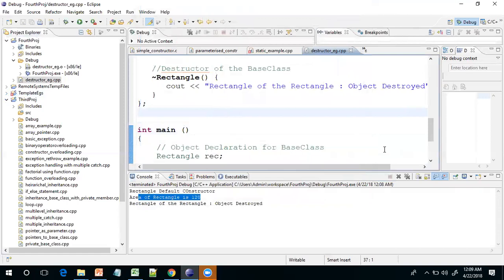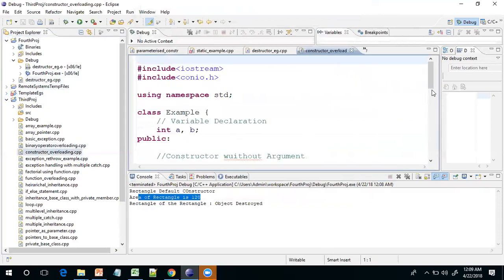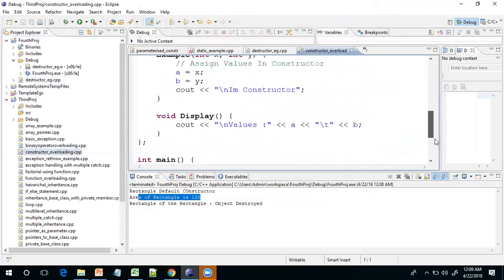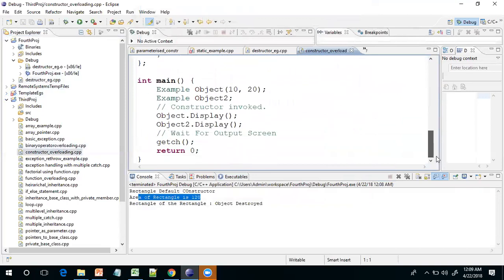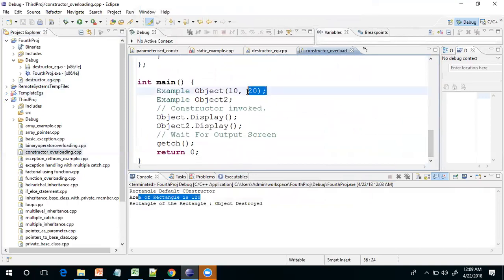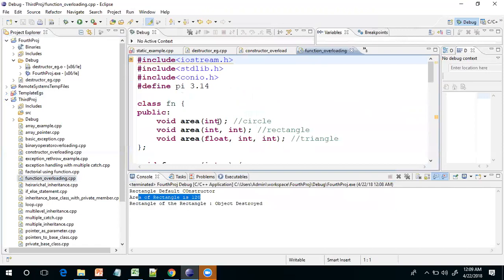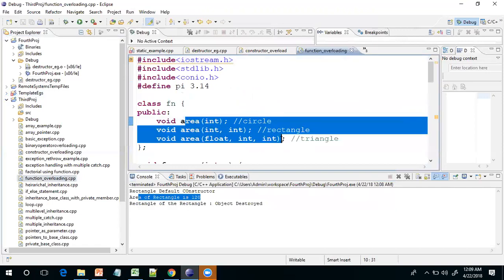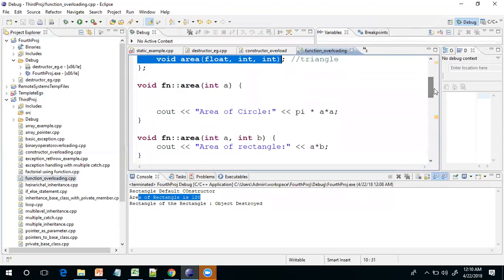So this is constructor overloading. Of course, we also have one more example. Here the constructor is overloaded, as you can see. If you want to invoke the overloaded version, then you can specify the parameters like this. And similarly, there is function overloading, as you can see here. And one more point I want to mention is,